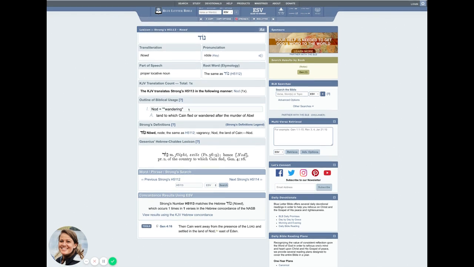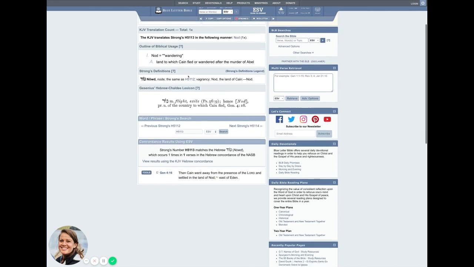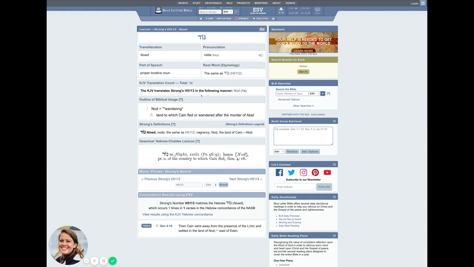So that's how you look up Hebrew words. Number one, in your manual in the Hebrew translation chart. And then number two, coming to blueletterbible.org, and you have a little bit more freedom to look into certain things. So this is what you should be using to look up names and things like that. So this is hopefully a lot of fun for you as